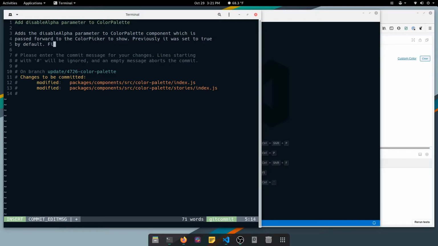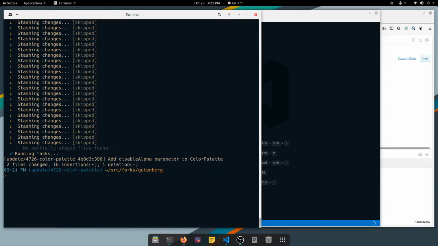And then you can put in here the issue number. If you say fixes 4726, and when it's merged, it'll close that one automatically. It's actually another reason I always include the issue number in the branch, because then I don't have to look it up. So you want to do your commit, and then you want to push that up to your